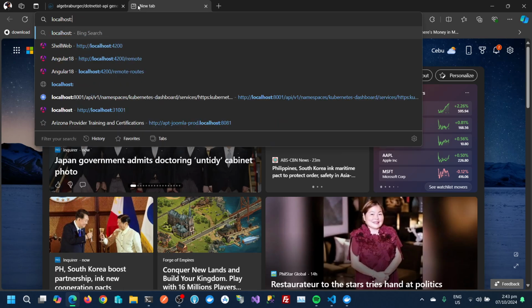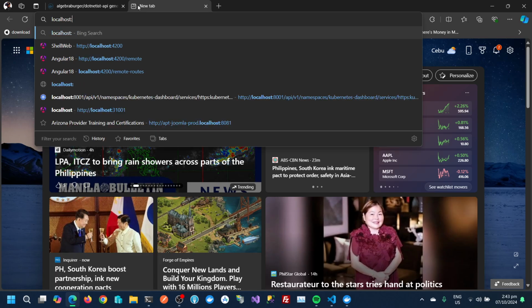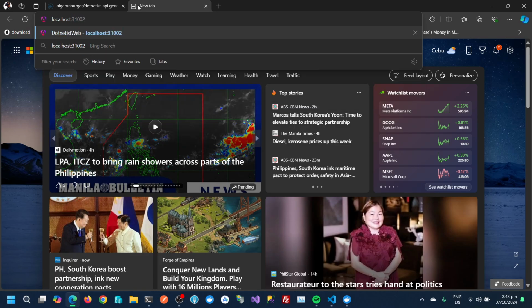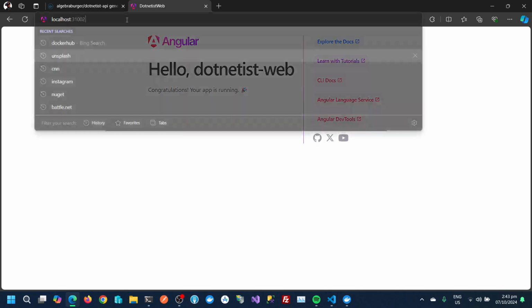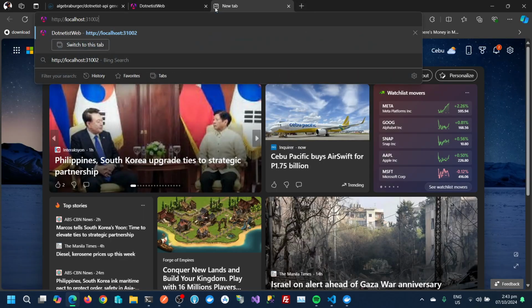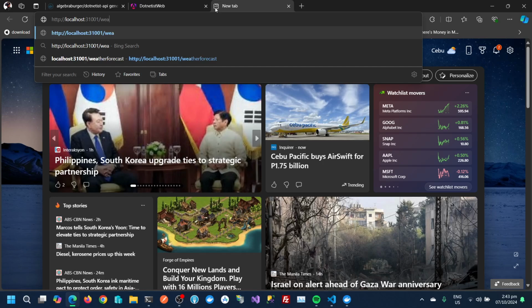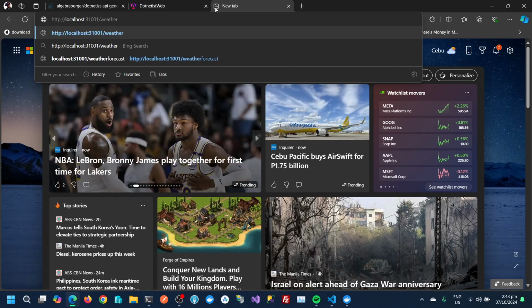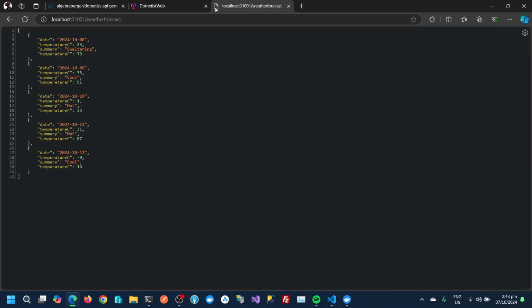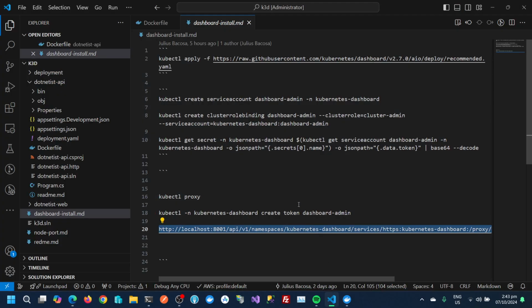31002 for our web, and it's already running. And 31001 weather forecast for our API, and it's already running. So that's it. I'm not sure what's going on with